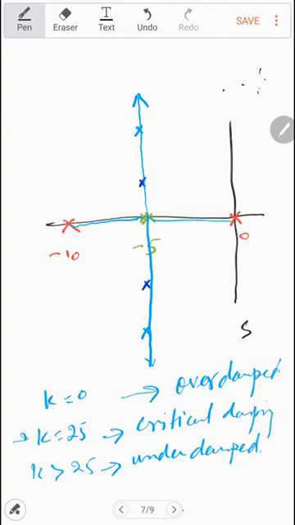Now what is the root locus? Root locus is the path traced by the poles. You see this complete path from here, and then this one upward. This path is from here and then this downward. This is the path traced by the poles as you increase the value of the k. Now this is called the root locus.